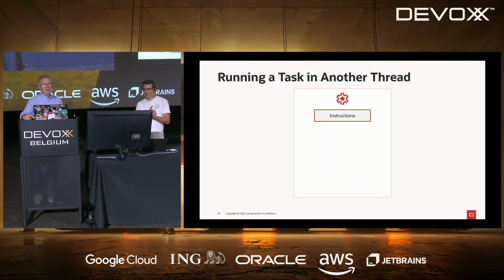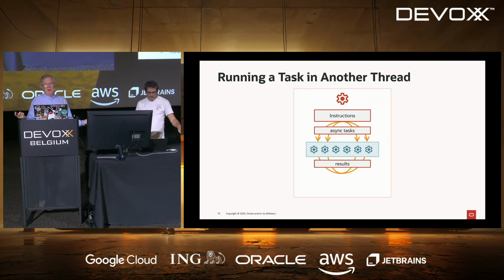All right? With structured concurrency, you are executing instructions, and at some point you want to launch several tasks in parallel, like you're querying several servers, and you want to do that in parallel to gather all the results and to produce a global result. So you're going to create some asynchronous tasks in the form of runnables or callables, and submit them to a special pool of threads that is actually a structured task scope. We're going to see the code in a minute. And once this is done, all these threads will be killed. Your result will be the aggregation of all the partial results computed in all your threads,